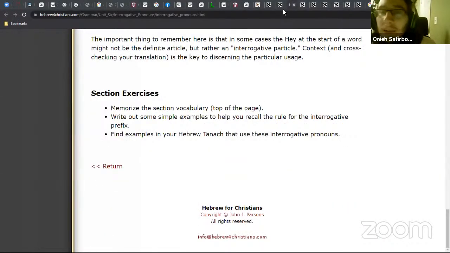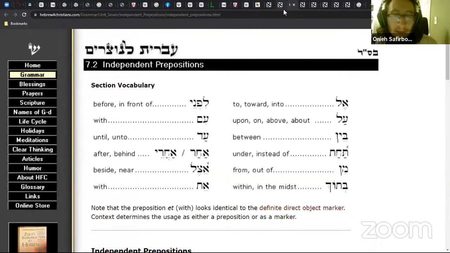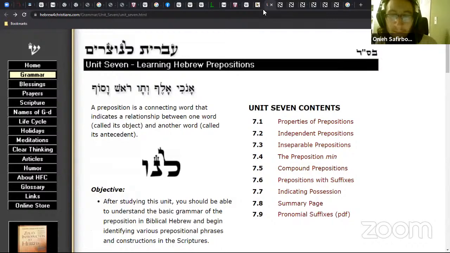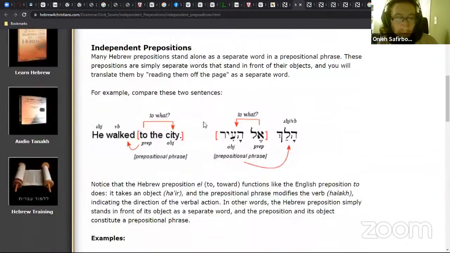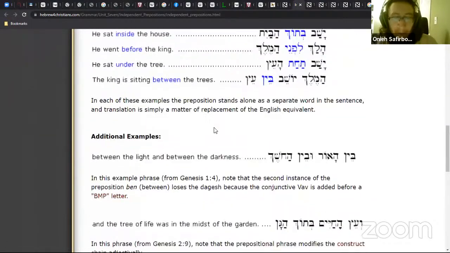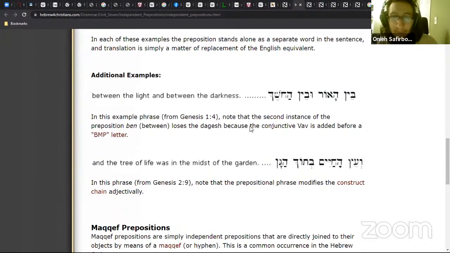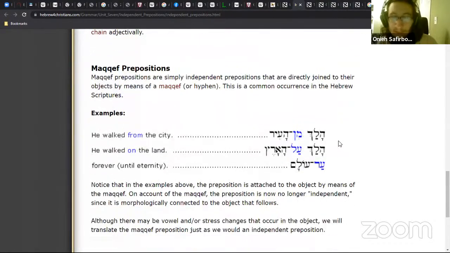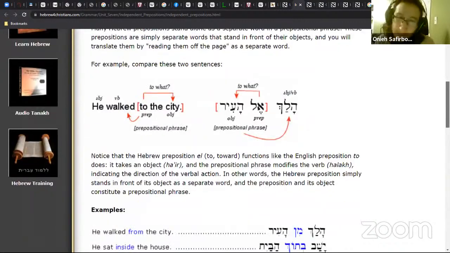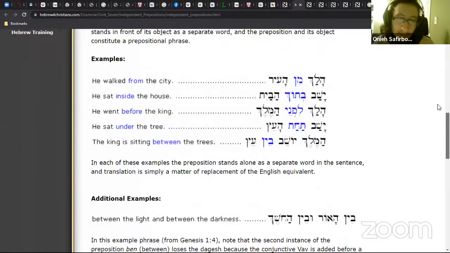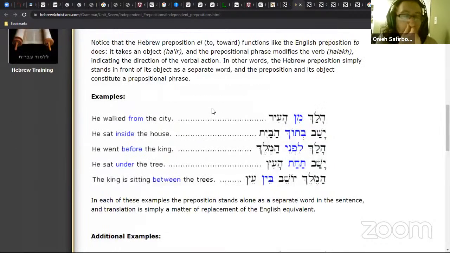Okay. Looks like we've got that. So we have finished the pronouns there. So now we're going to look at prepositions. So we have